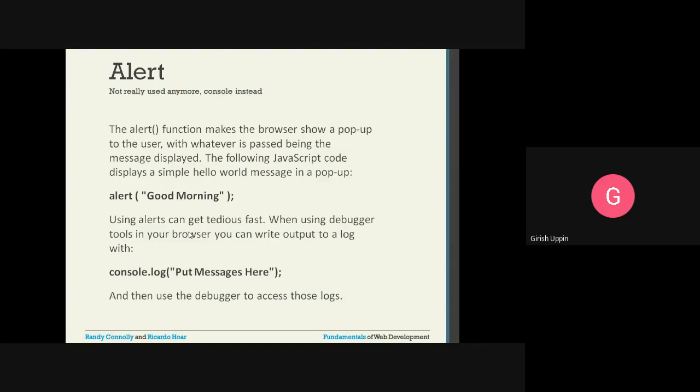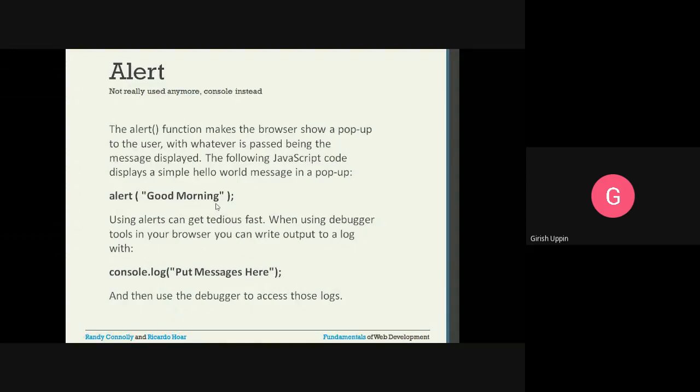You have written a page of code, and you have included JavaScript, and for some reason something is not working the way you wanted, and for debugging purposes you can use the alert. You can display the text, or the value of a variable.